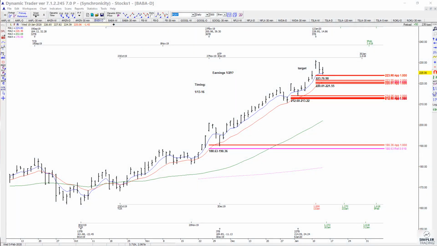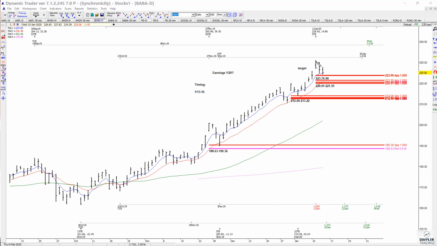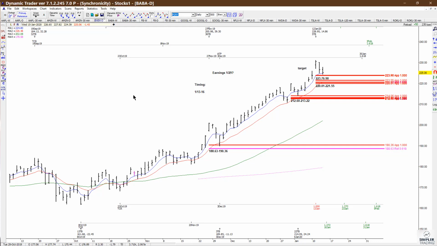In today's video, let's take a look at BABA, and we are looking at a daily chart here. Recently, we did have a little bit of a pullback from a couple of timing cycles between the 13th through the 16th, but what we have to do now is compare the current decline that we're looking at with a lot of these prior declines within the uptrend. And if they're similar, these are going to be areas that we want to look at for another possible buy